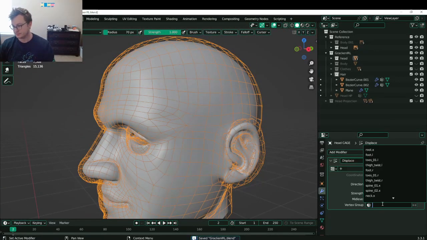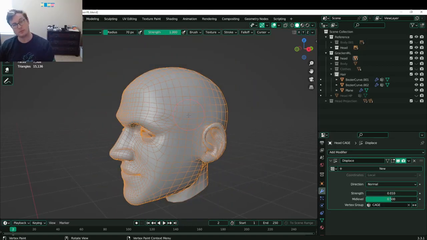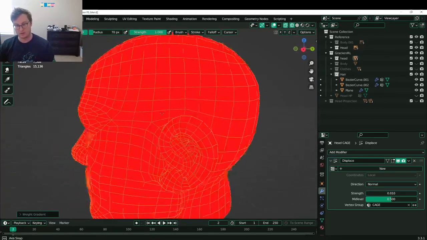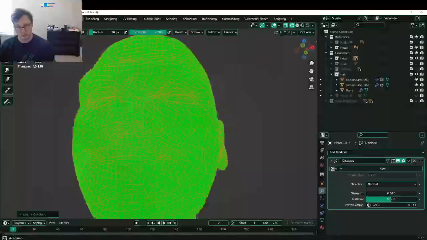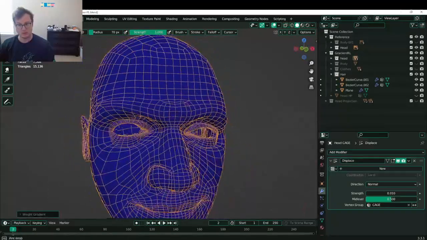Vertex paint. Cage. And we'll say strength, paint. Oh, I'm on vertex paint. I want weight paint. There we go. Maybe we'll do weight of 0.5. Boom. A little bit smaller, but 0. Boom. Would we be able to see the...